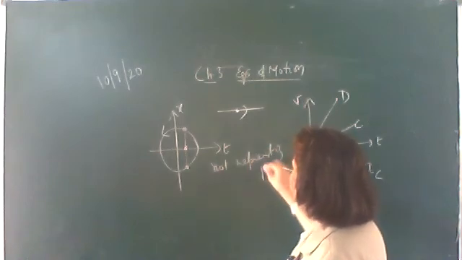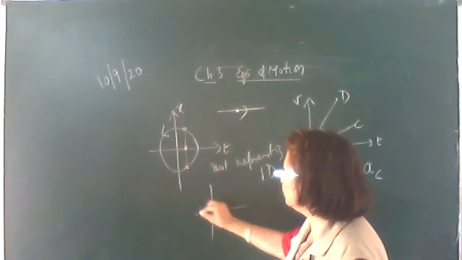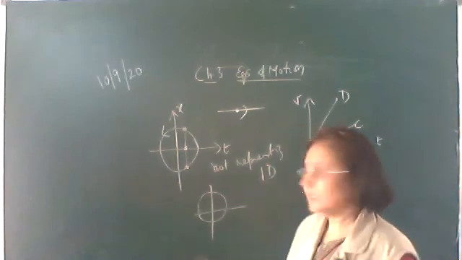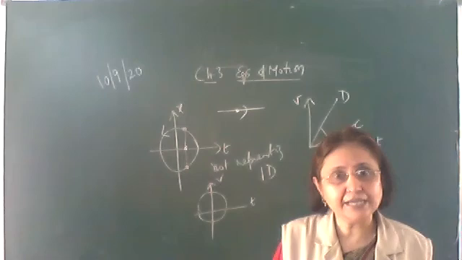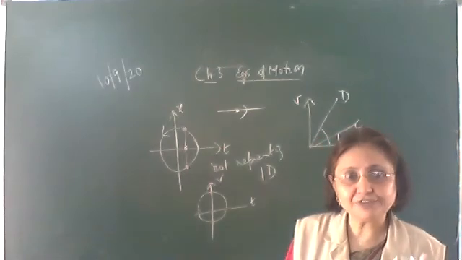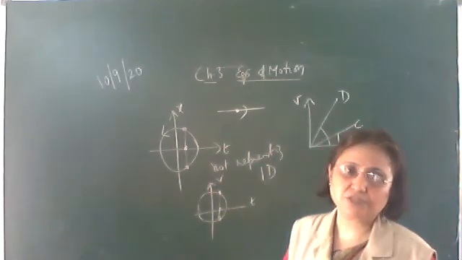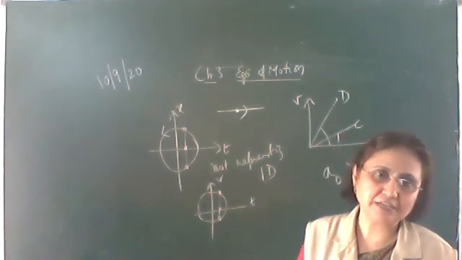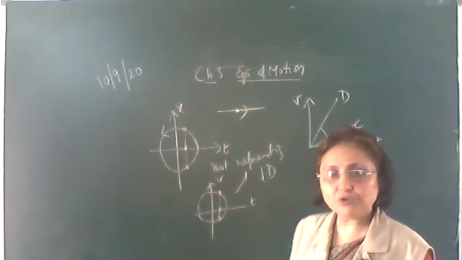The same way, if the velocity-time graph is as shown, let this be the velocity-time graph. Again, when it is moving in a straight line, at a particular instant of time there is a single velocity. But at this time, there are two velocities. Again, it is not representing 1D motion. This graph is also not representing 1D motion.